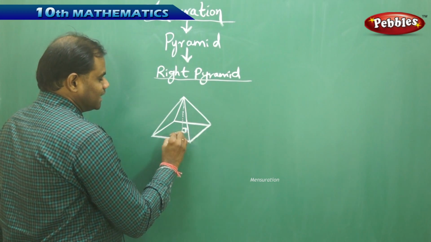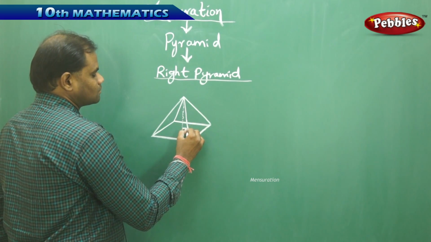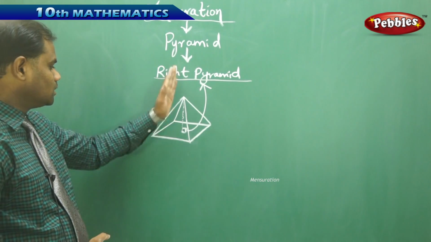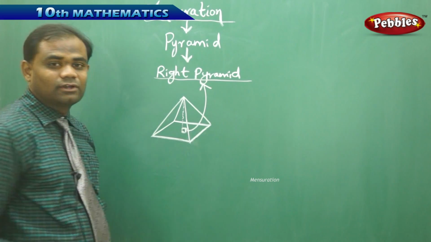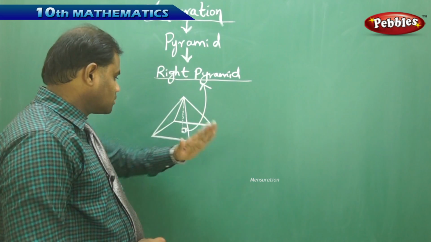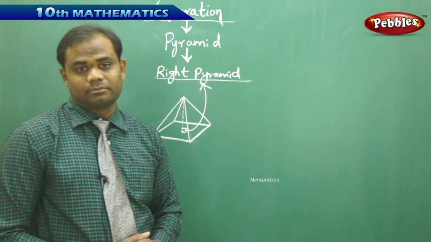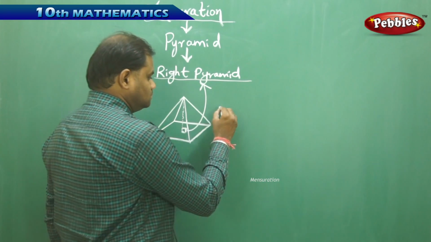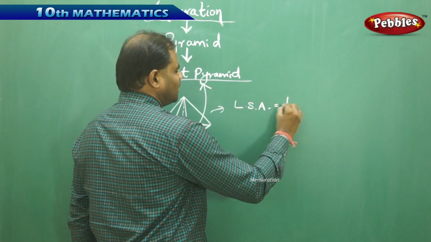So this perpendicularity is what makes the right pyramid. So the height of the pyramid, if it is perpendicular to the base, then we call this as a right pyramid. If the height is not 90 degrees with the base of the pyramid, then that cannot be a right pyramid. So in this right pyramid, we have the lateral surface area, which is given by half